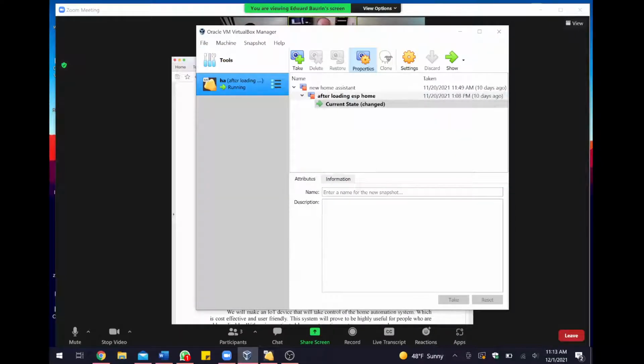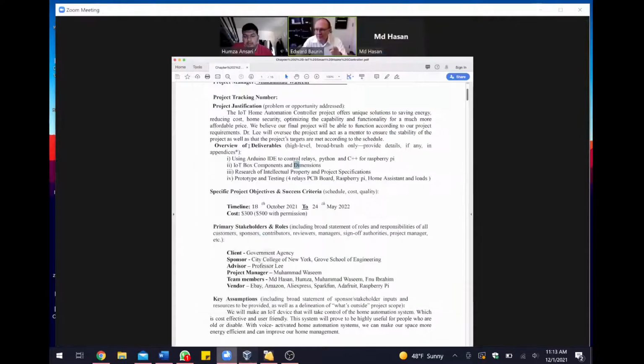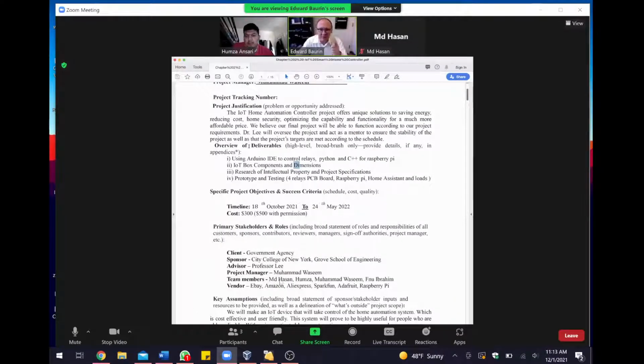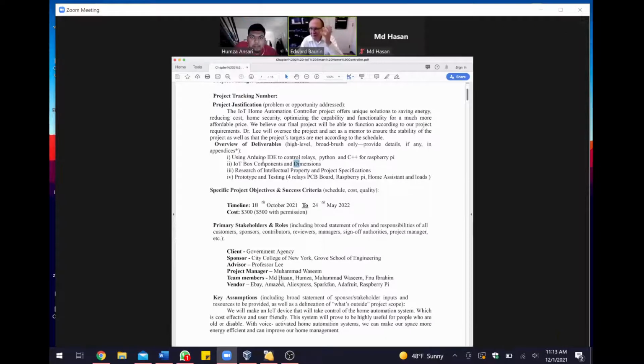Okay, now look at this. Overview of deliverables, right? What are the deliverables? Deliverables are things which you have to have in possession at the end of each kind of phase, right? And why do you need to have deliverables? Because as a project manager, when you have a deliverable, you can say, okay, this step is done. Let's move to the next step. Got it. The next step is done. Let's move to the next step, and so on. You understand? So, for example,